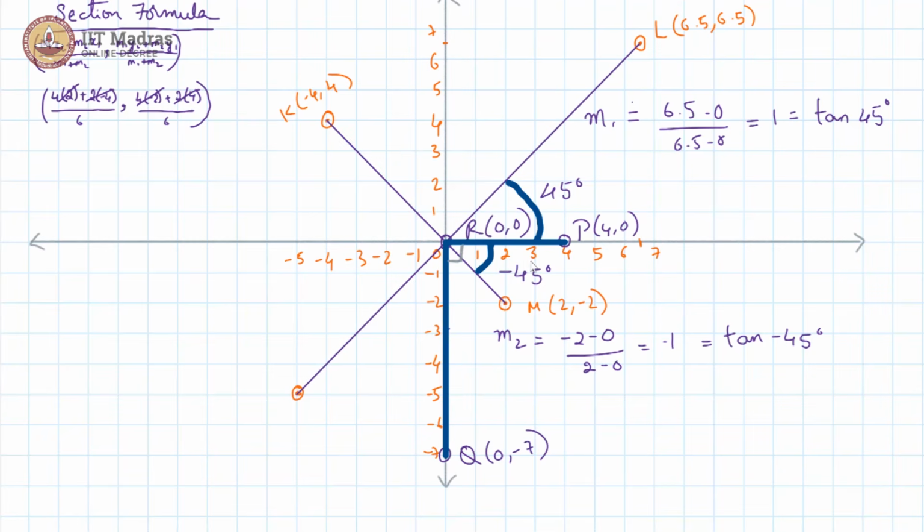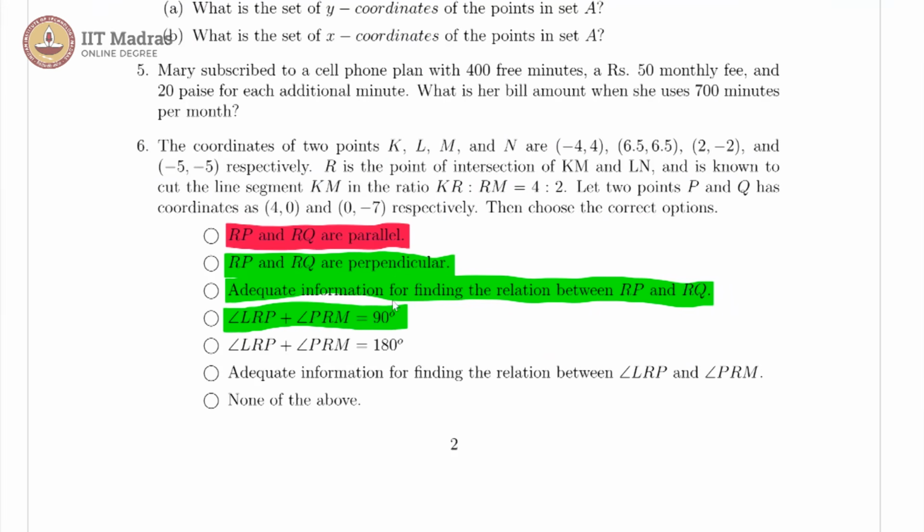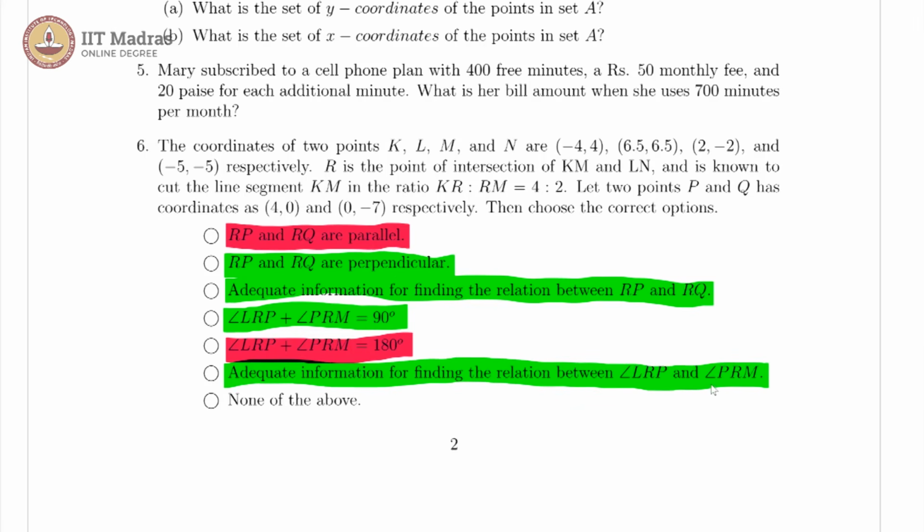So in sum, we know that angle LRM is 45 degrees plus 45 degrees, leading us to see that this is 90 degrees. So this is true, which means the following statement is false. So this is false. And here we have again adequate information for finding the relation between LRP and PRM. Clearly we have 4 options correct, so none of the above is not